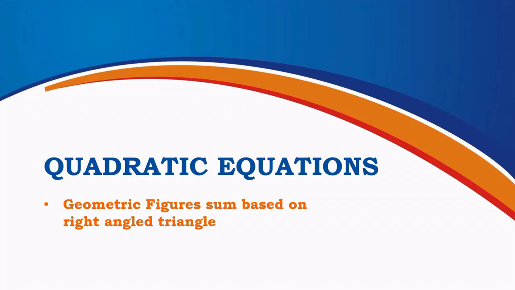Now, we will learn how to solve problems involving geometrical figures that are based on right-angled triangles. You may have noticed that in some geometry problems, we need to find an unknown length, width, height, or area. When we use the properties of a right-angled triangle and apply mathematical formulas, we sometimes get an equation containing a square term. Such an equation is called a quadratic equation. We will use important concepts such as the Pythagoras theorem and the formulas of different geometrical figures to form quadratic equations and then solve them.